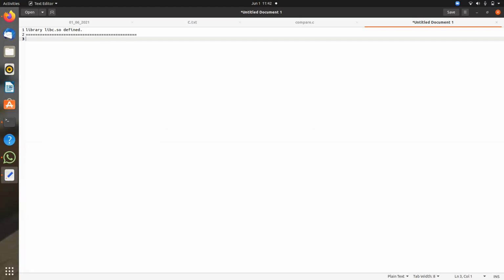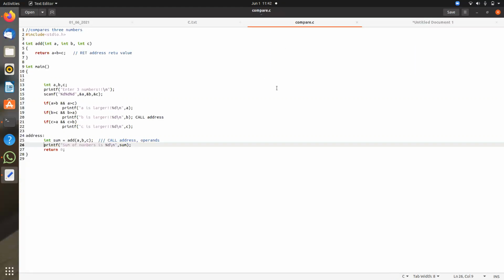Do you see any advantages, Masood, in this way of handling the functions? You can see one major advantage, right? What I can see here is, this code, compare.c, is my application, and I'm calling the add function here.